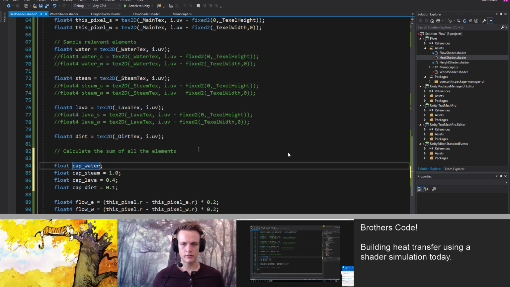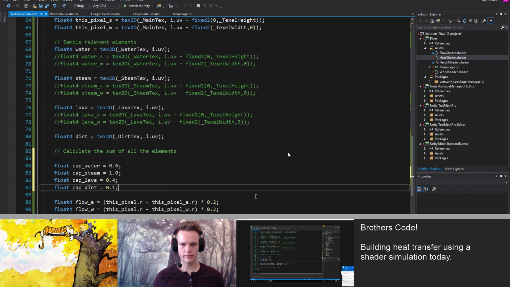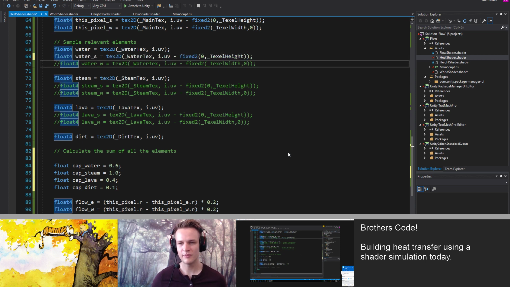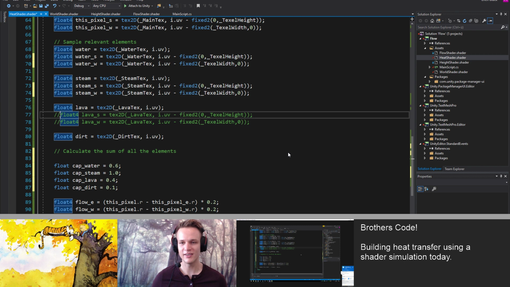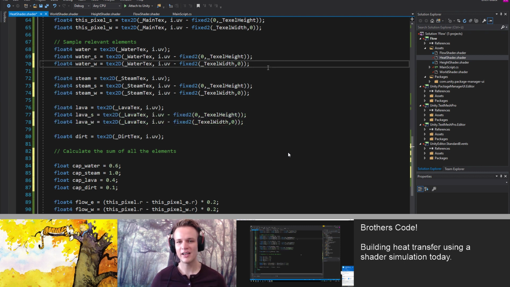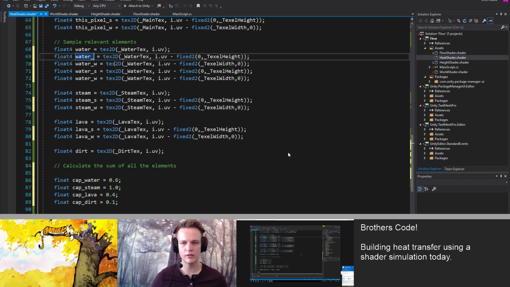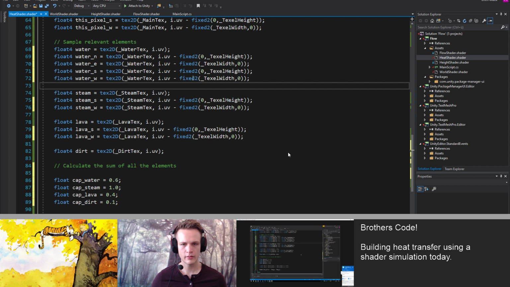How do I know how much water is in the cell to the right of it? Don't you have that somewhere? I thought that's what the water texture was. Yes, that's why in the water texture, oh, I need to go to the right one. Sorry, I thought that was for flow, not the amount. It's also required for flow, but you have flow as two of the components and then current value as another component. Is that correct?